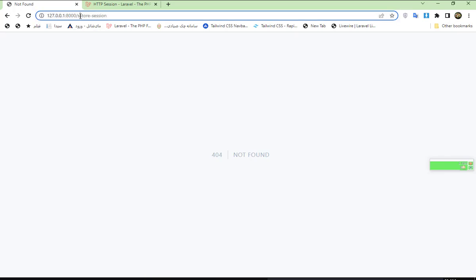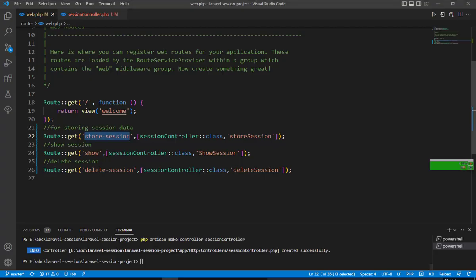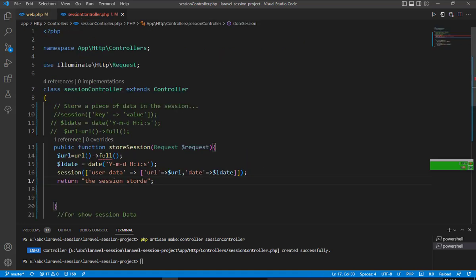Not found. Store session, let me check this. This S is not needed here, and here hit enter. The session is stored. So by using this function, let me show you that we can use the